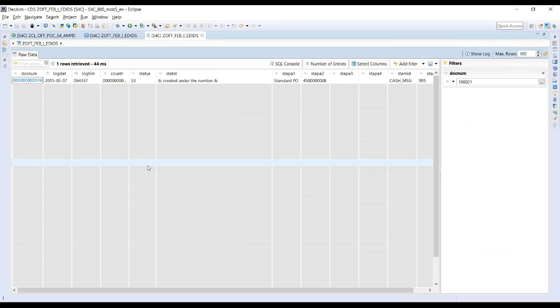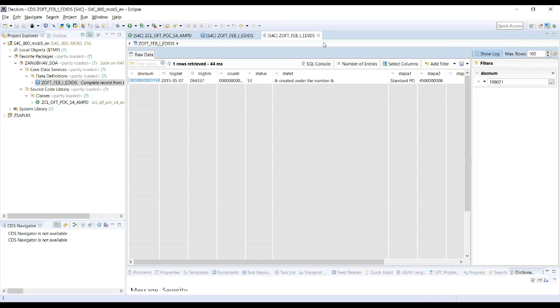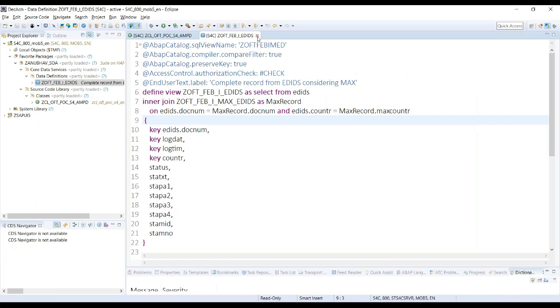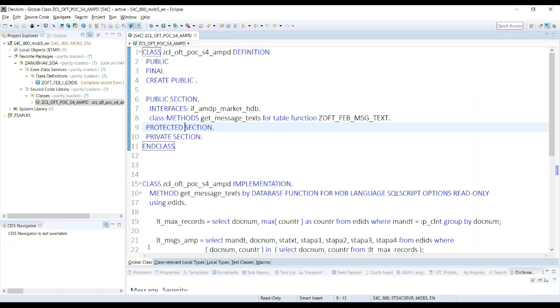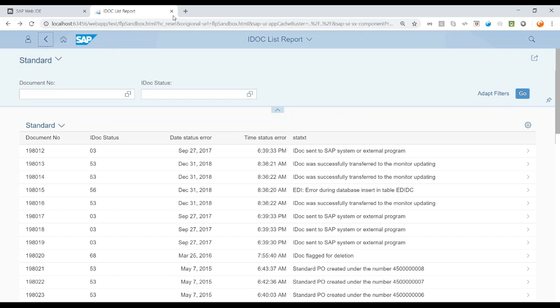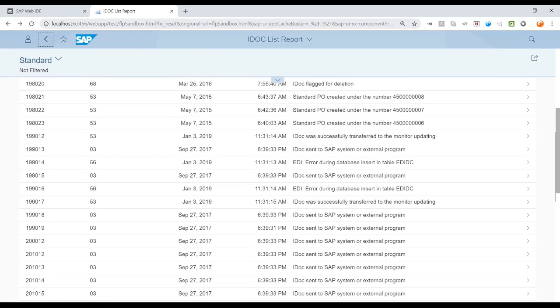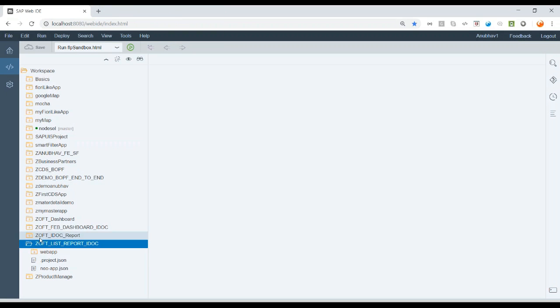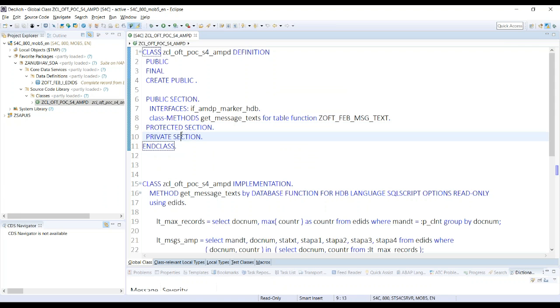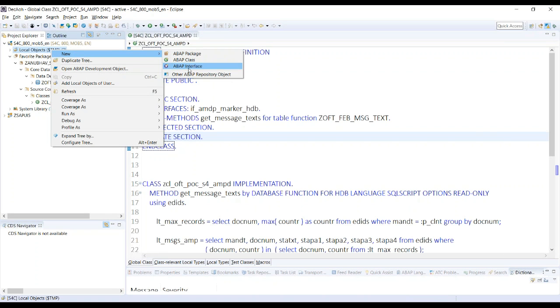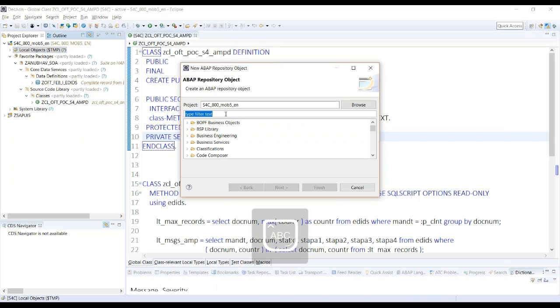So I'll switch back to the ABAP system, and I just quickly close this EMDP with CDS table function which we created, and also this IDOC report which we had built so far. And I will also keep my WebIDE ready for the new scenario. So okay, let's come back and let's start creating a new CDS. I'm going to use my local objects to do that. So right click, say new, and I'll say create me a new core data service